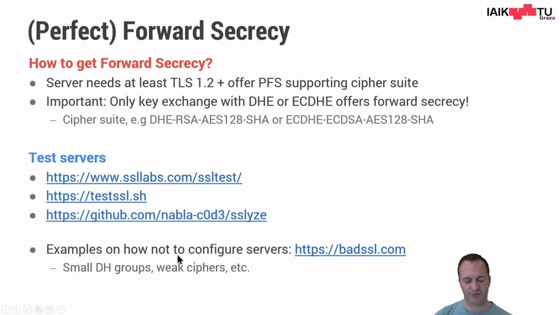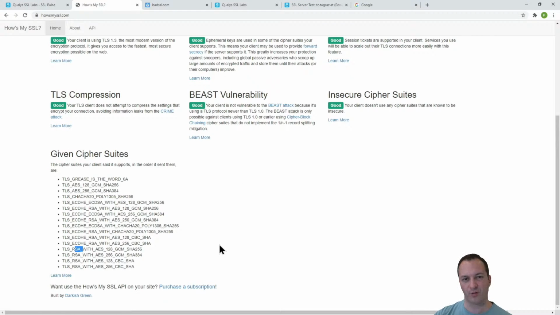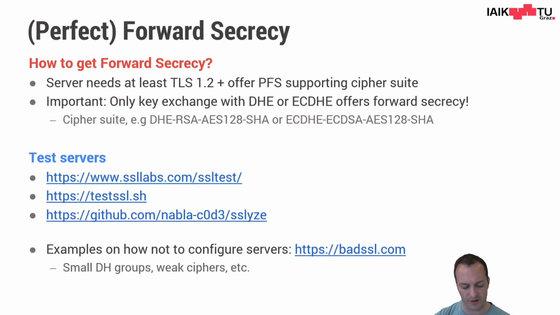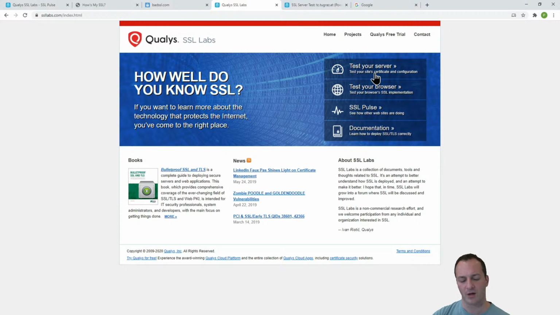But if you're curious and you want to test which cipher suites, for example, your browser supports, your phone supports, I promise you your phone will again support probably even another TLS version, other cipher suites for sure. So if you're curious what cipher suites a server supports, how secure the communication is to a server, you can use, for example, a service from Qualys, and this is not the only one. There are also others from Test SSH, for example, which is a Python script you can run on your own computer to test this. And you can say, for example, I'm testing my browser,